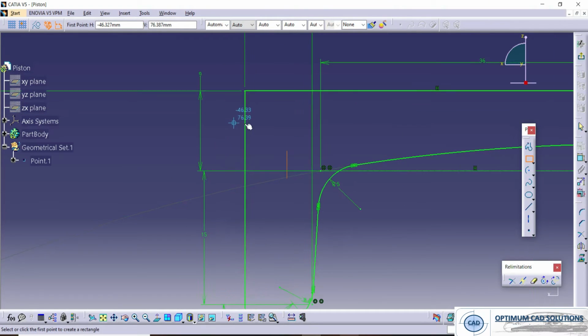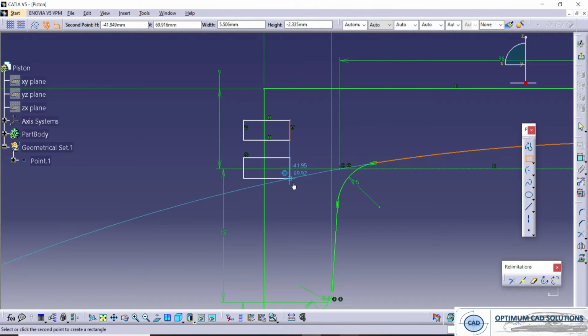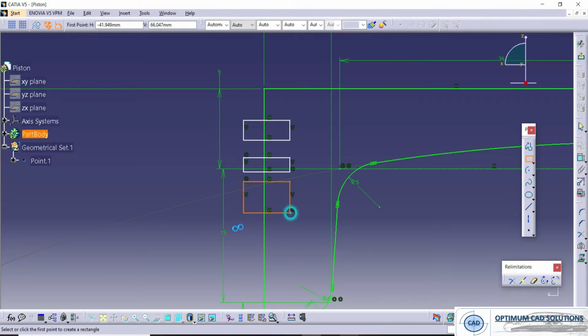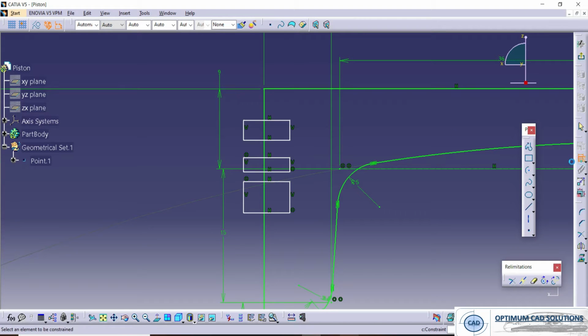Simply we will draw one rectangle here. From the top, 6 mm, then 2.5 mm, 3 mm, 2.5 mm, 3 mm, 4.5 mm. Let's give the dimensions.